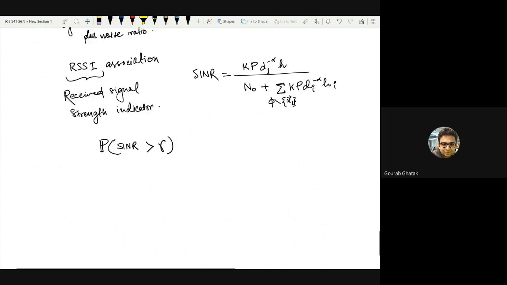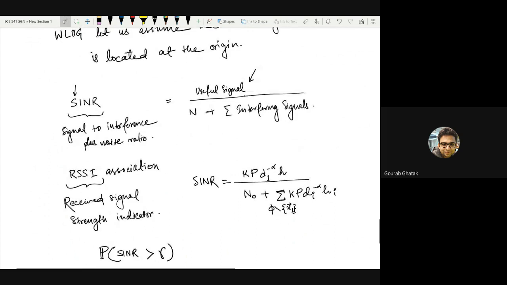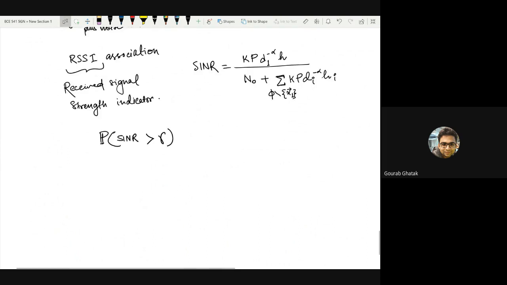Okay, so if this is clear, then let us try to do the same calculation that we had done earlier. Remember that we have done our association, and this is an important point to note. We have done our association by assuming which base station gives us the highest average received power. What does it mean? It means that if you are this user given by this blue X, and you have certain base stations given by these plus signs, of course on average this one will have the maximum value of P D1 to the minus alpha times K.